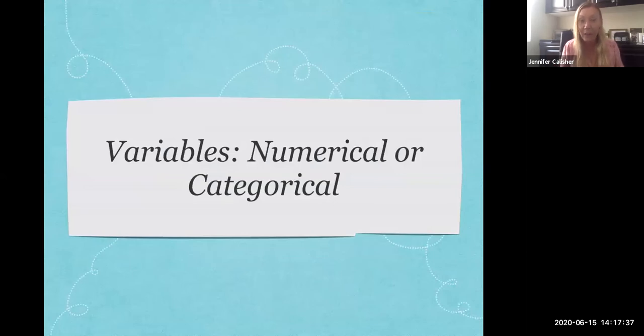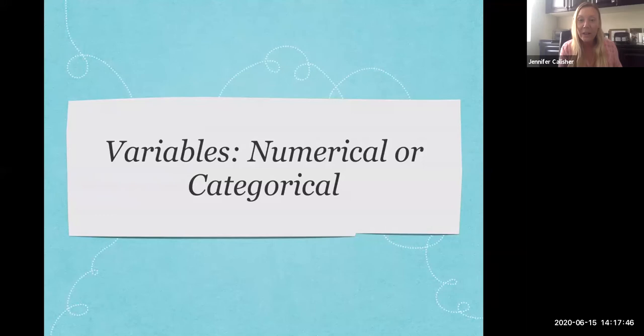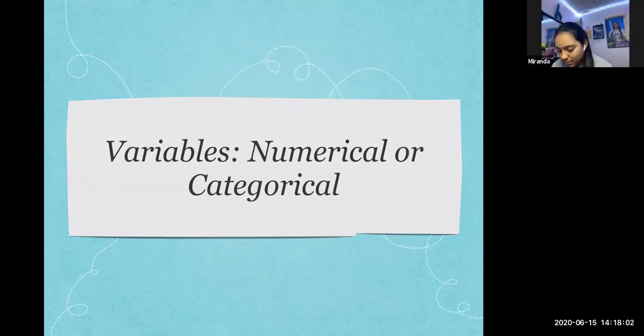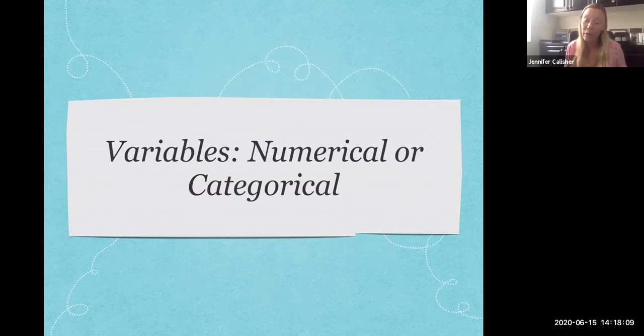Okay, so now we'll look at variables. For right now, we have two different ways we can categorize our variables: numerical or categorical. Numerical is pretty simple to remember, because what do we see in the term numerical? We all see numbers. I want you all to participate, so we're all going to unmute ourselves. When we think of numerical, what do we think of? Numbers, exactly. And then categorical, we see the term category, right?